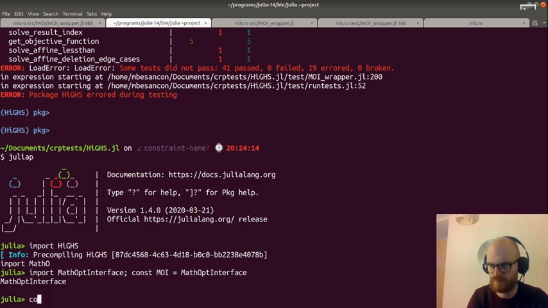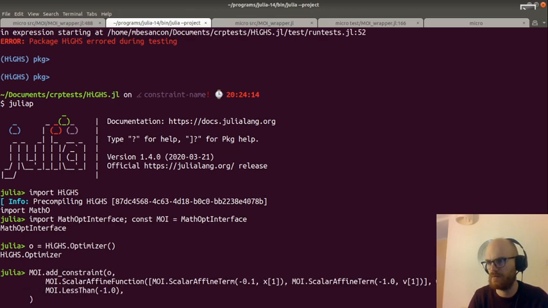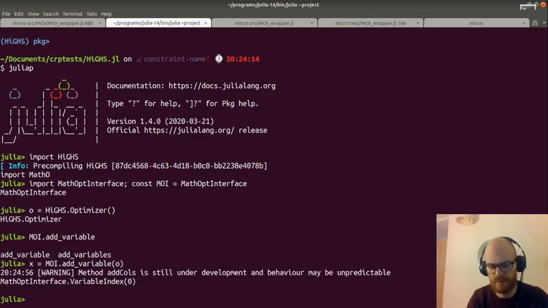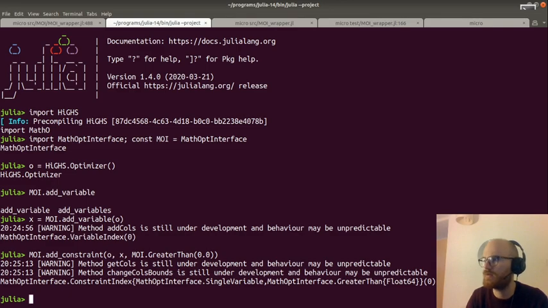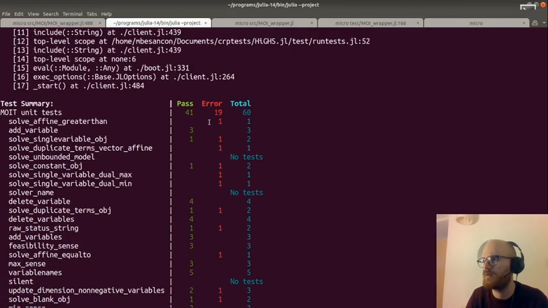Right, so O is optimizer, add variable, O, and this will be X, and then add constraints to O, which is X greater than, let's say, 0. Yeah, it works. Then I don't see where this test was coming from, and we still have 19 errors, so